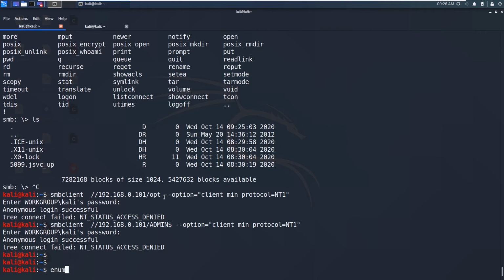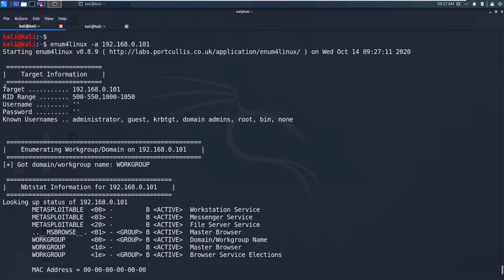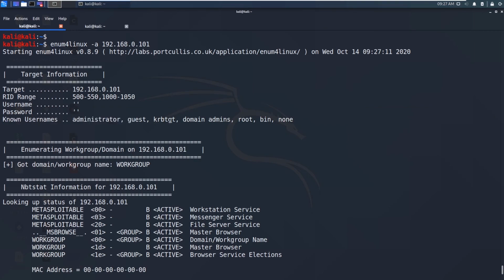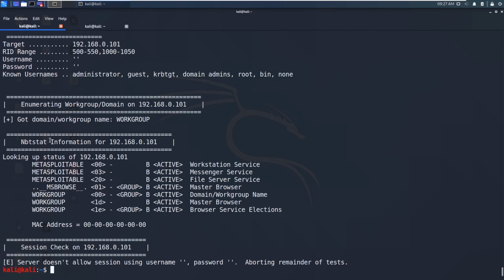But there is one more tool called enum4linux. This will do every enumeration possible for the SMB server, SMB service. Type enum4linux -a for all types of enumeration, and you need to specify the IP address. As you can see, it got a bunch of information. This is the target and the RID range, and the username blank, password is blank, known usernames. It just predicted the usernames: administrator, guest, domains, root, domain admins, and etc. And we got the domain workgroup name, that is WORKGROUP.